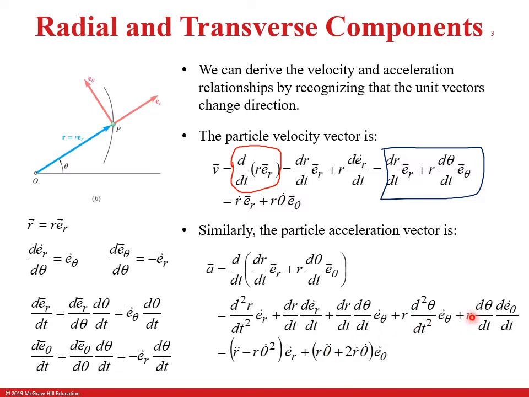And then this one is r times the derivative of theta times the derivative of this, which is just going to give us an r dot. Somehow we get an r dot here. This must be an r dot theta dot term coming from this, because this one gave us a r dot theta dot, and this one gave us a r theta double dot, so that's this term. So this one must give us an r dot theta dot,